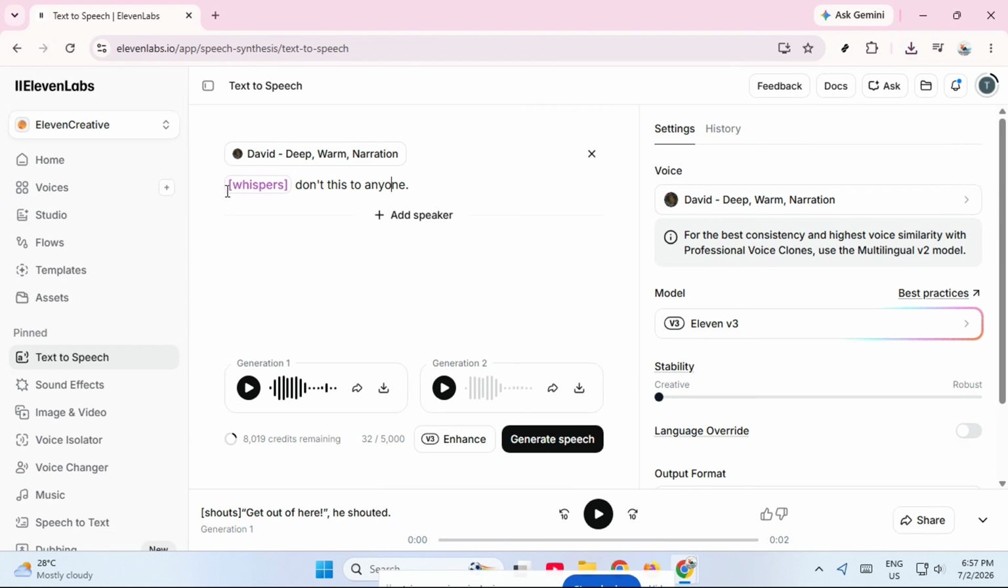You can also use, depending on the style you want. For example, you could type, "Don't make a sound," or "Come closer." The tag should come before the sentence, so the AI understands that the line should be spoken softly and quietly. This is especially useful for suspense scenes, secretive dialogue, meditation content, or any audio where a softer tone feels more